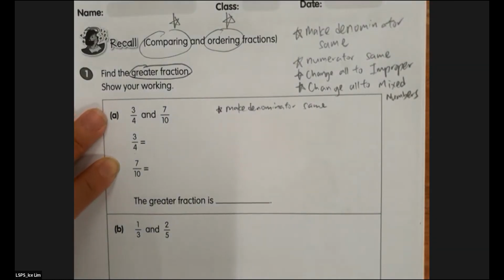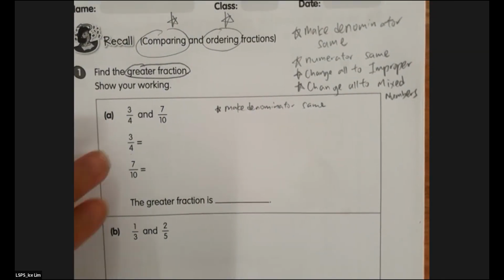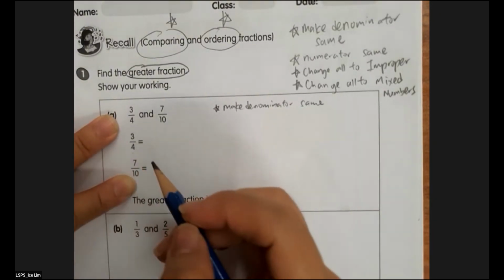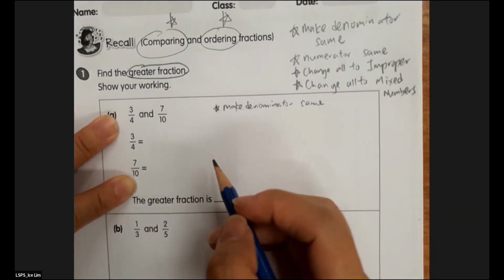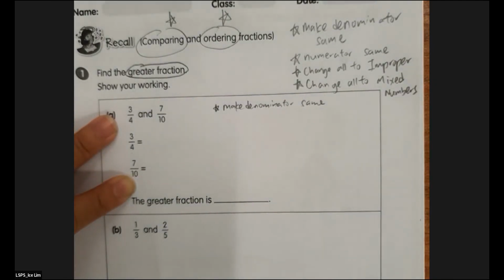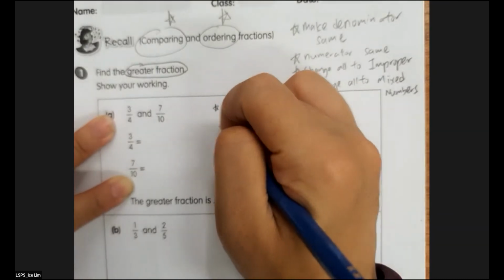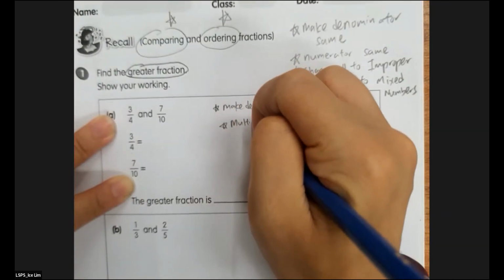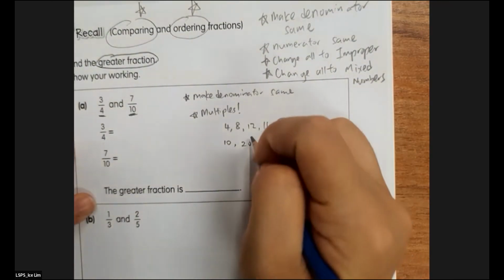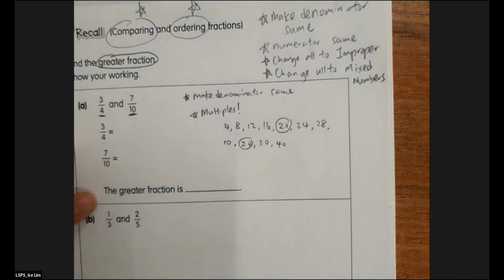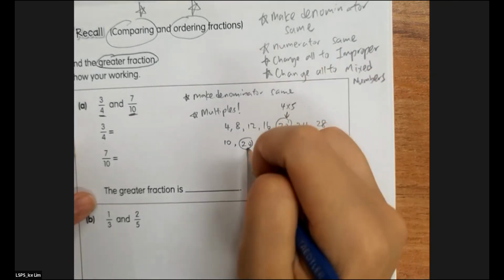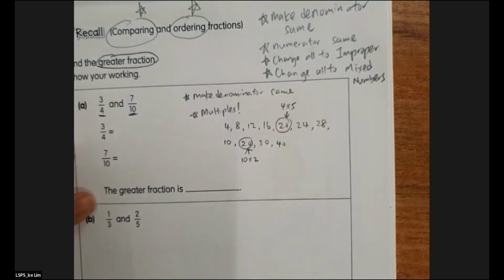How do I make the denominator same? You have to find what? Yes. Find the same factors. Okay, find the same factors. Same multiples. Multiple. Okay, so this one is 4 times 5. This one is 10 times 2. Okay, so I'll do